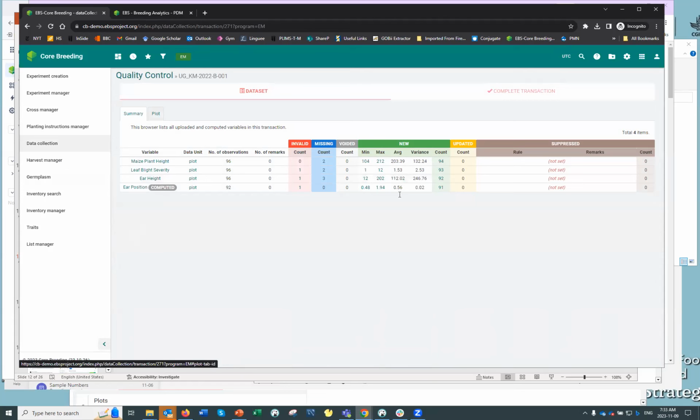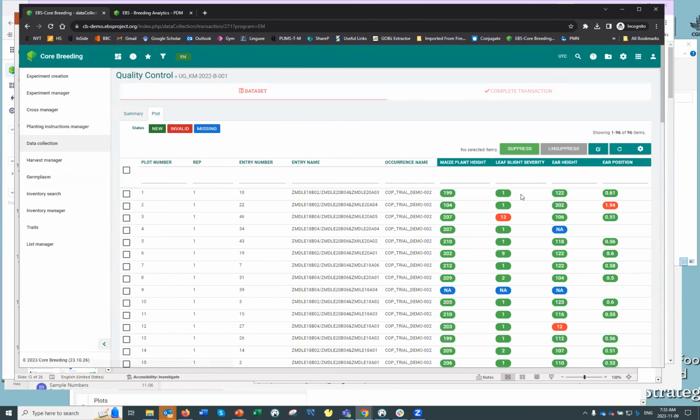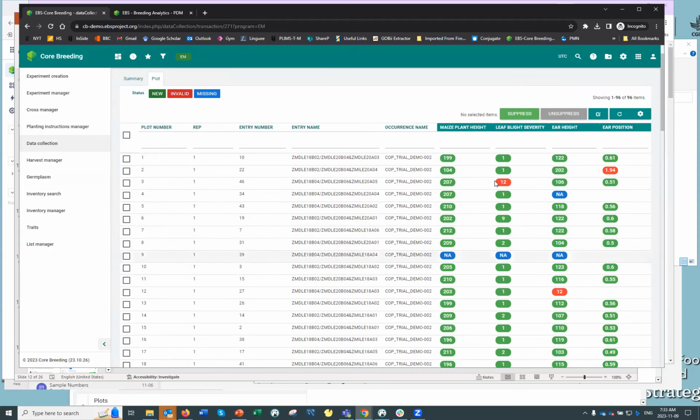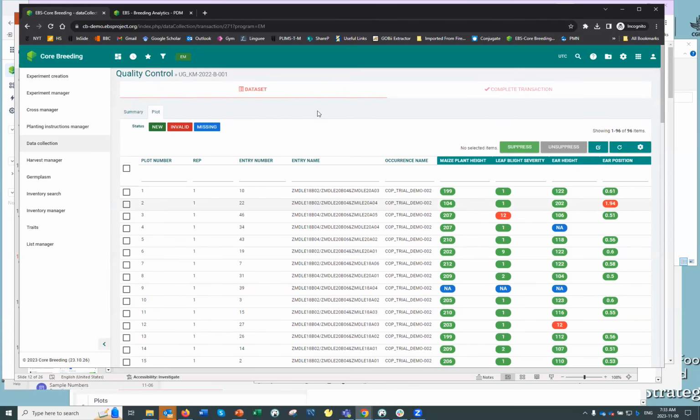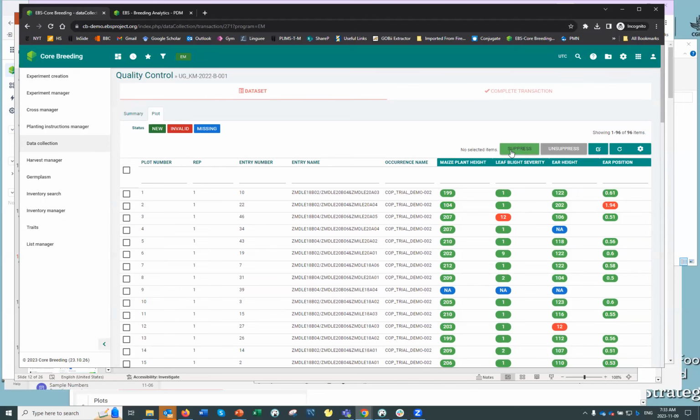And at the plot level, users are also given an opportunity to see, for example, highlighted values that are considered invalid. For example, with a disease score rating of 1 to 9, a value of 12 would be invalid. Or if we're looking at the ratio of ear height to plant height, something above 1 would also be invalid and may indicate that the input data values were switched by accident for this plot. In this user interface, users have an opportunity to potentially suppress bad data values, or even if they know the correct data values, to correct them at this point before they're added to the system and become available within the electronic field books online.